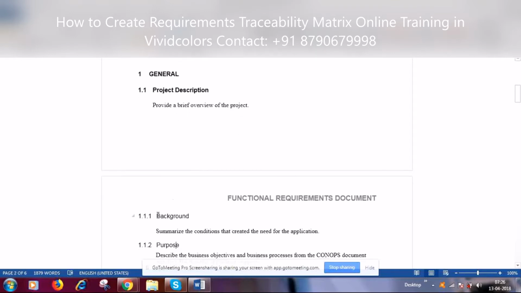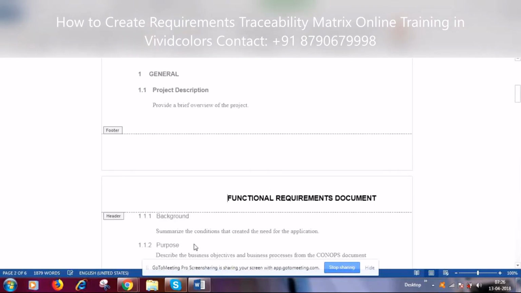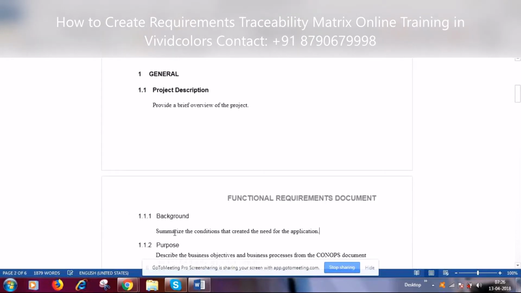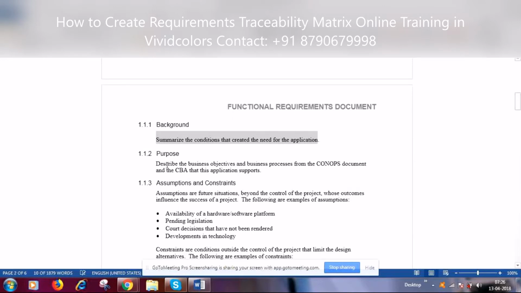So yesterday when we discussed BRD, we had this case of background. What they are trying to say in the background is to summarize the conditions that created the need for the application. That is the problem behind the origin of this case, or the current issue that the customer is facing. And the third case is about the purpose. What are the business objectives that have forced you to go for the solution approach of the development? The need behind